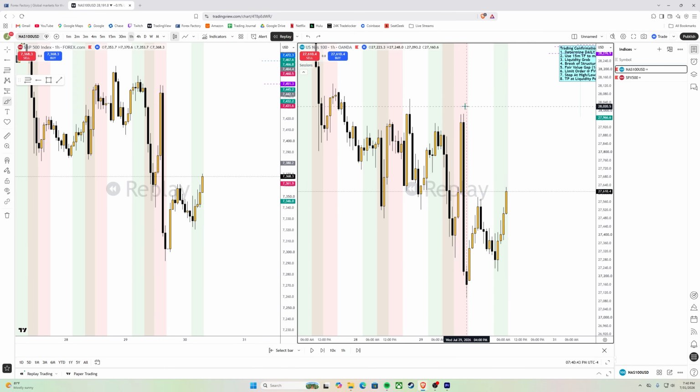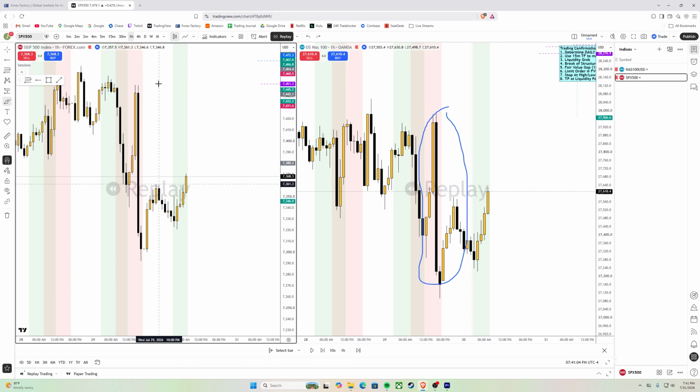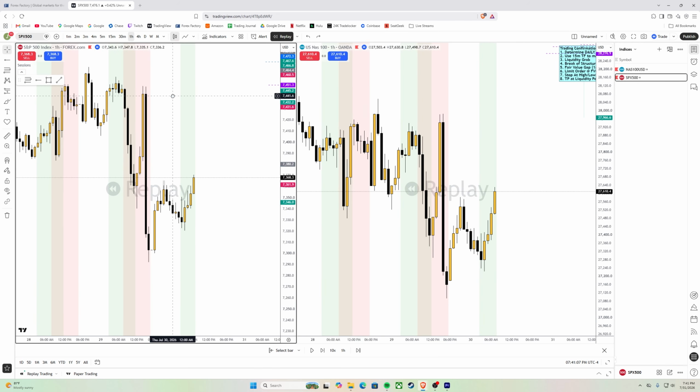So this is a major news event that I stay away from. A lot of gamblers love to trade this. I don't. I'm here in the markets for the long haul, so I'm not going to gamble my account or gamble any of this stuff. I'm not going to be in the markets during that event. Because this move is so large, you're seeing that it's taking out traders on both sides. Traders who are both bullish and bearish are getting taken out.